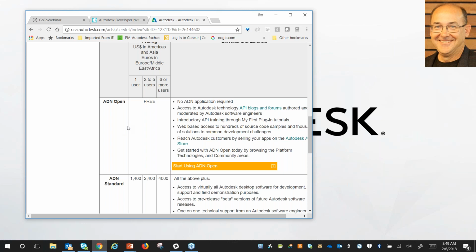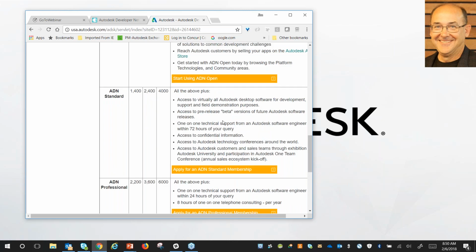There's ADN Open, which is really a website and a lot of community content. ADN Standard is a paid membership, and the 2 biggies for paying for an ADN membership are access to virtually all Autodesk software for development purposes, and direct one-on-one, guaranteed response, private support from Autodesk.